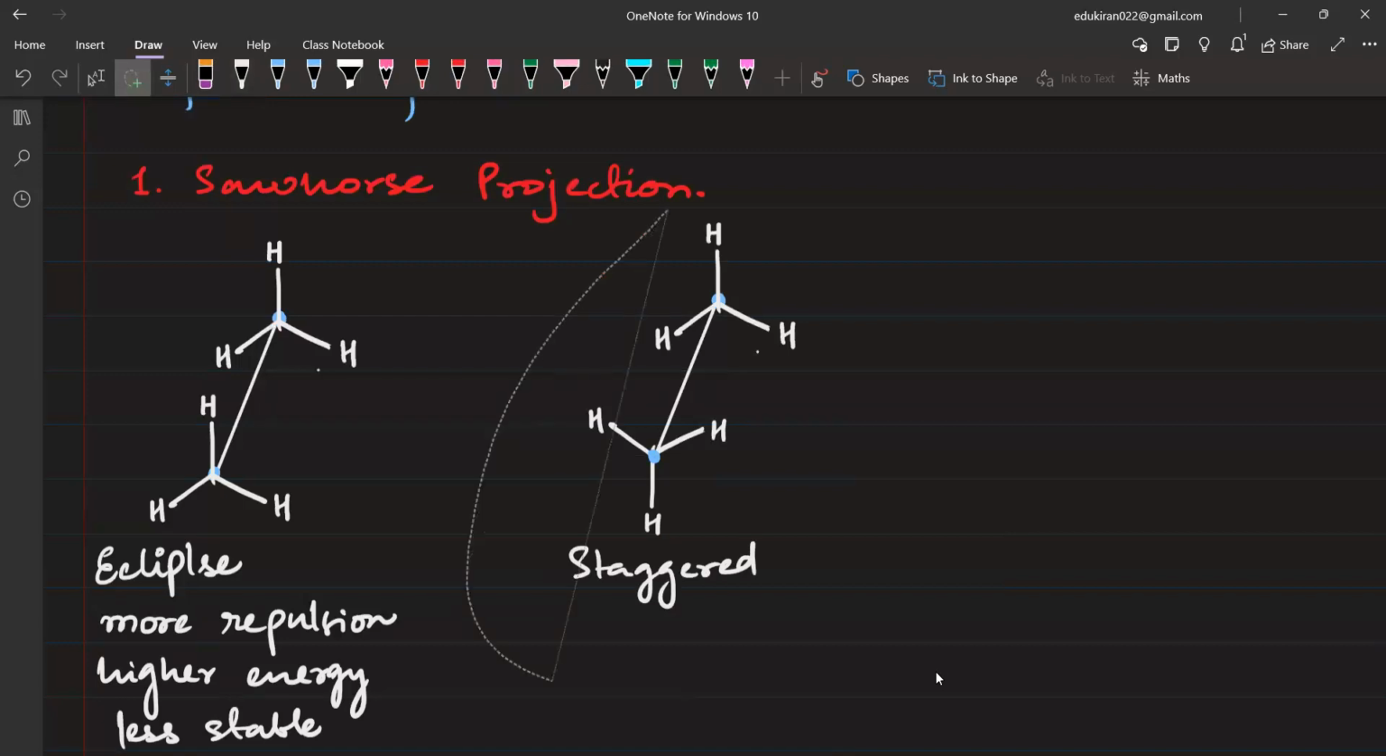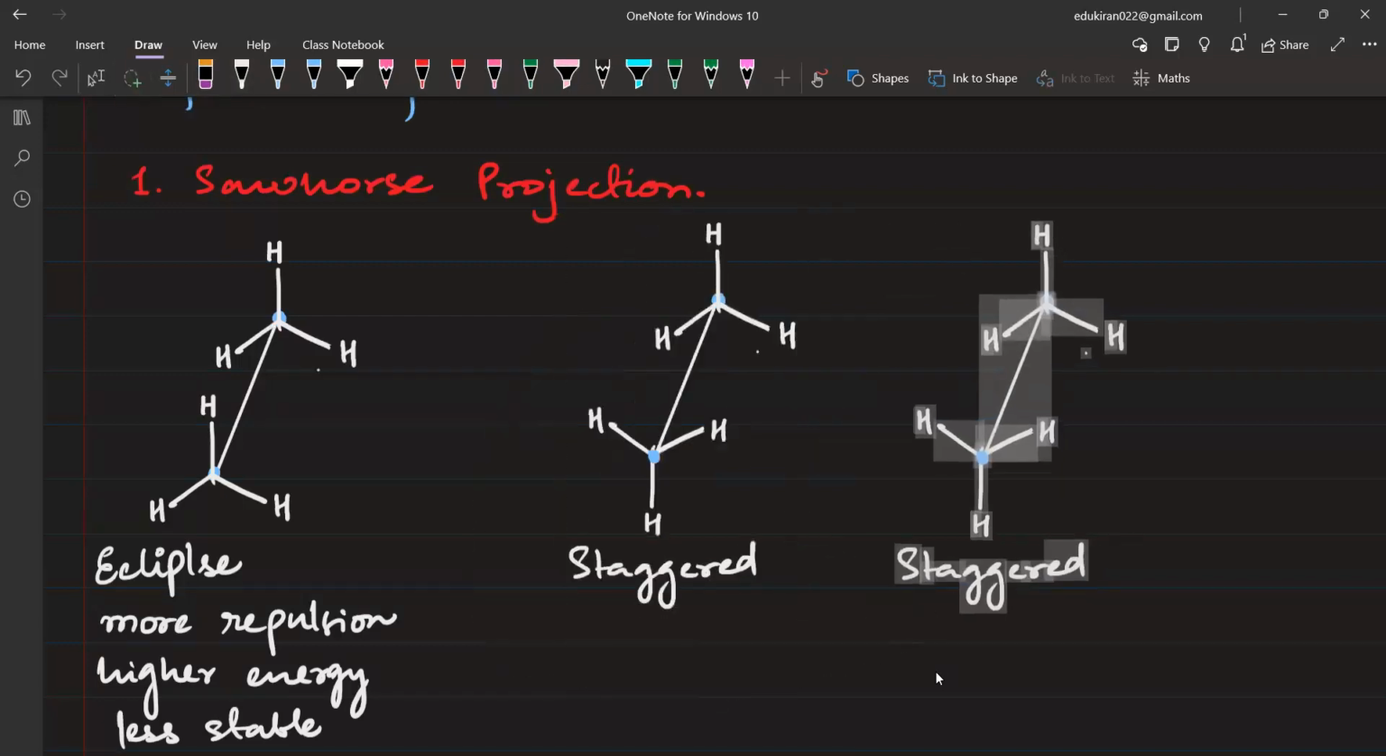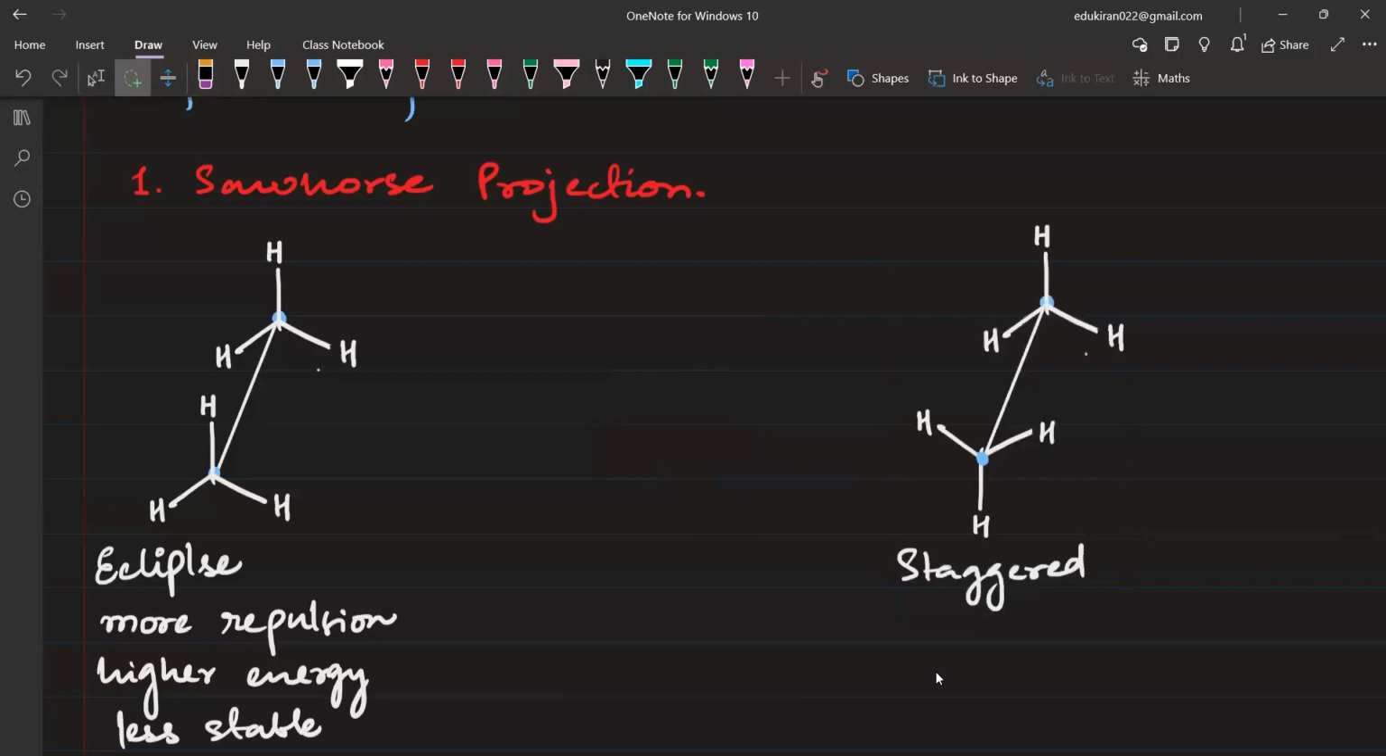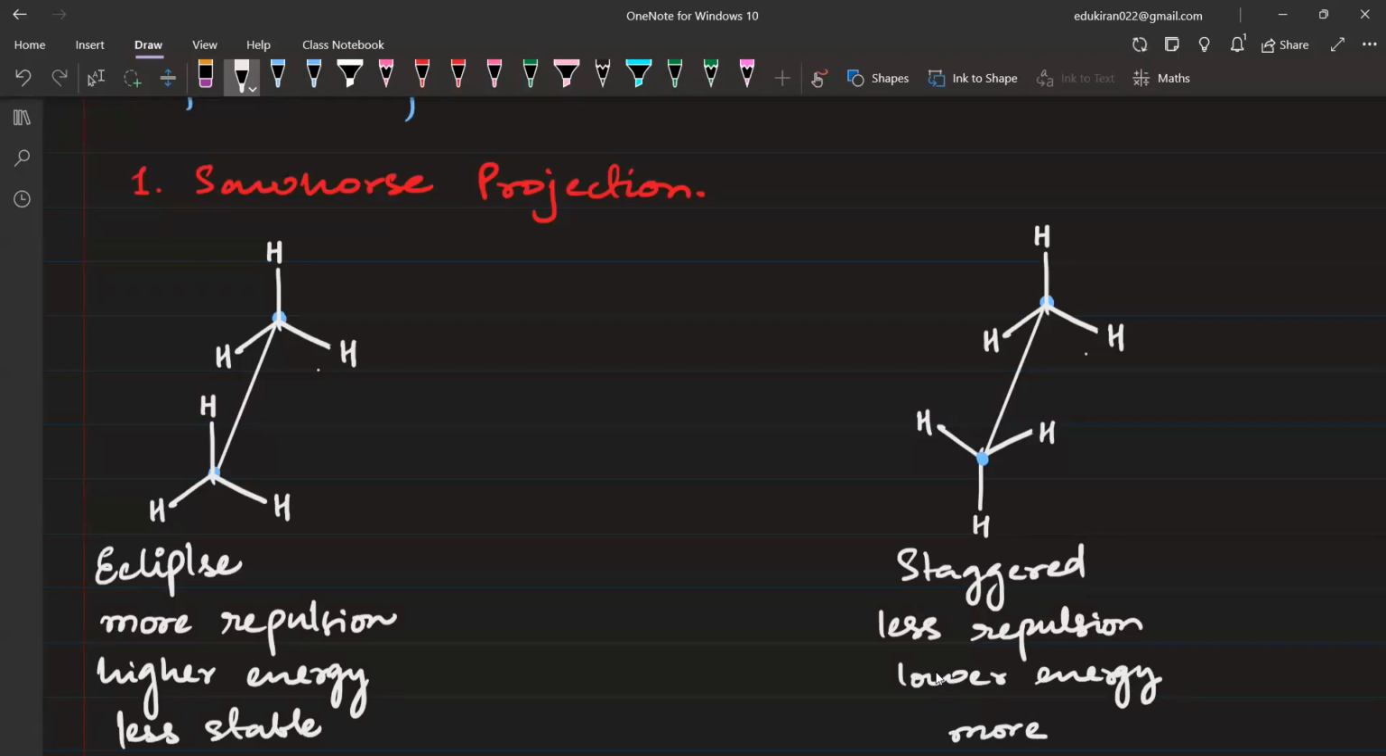अच्छा, in between whatever we are having, इसको एक end में लिख लीजिएगा staggered, and in staggered configuration the hydrogens are far apart. That is why it will be having less repulsion, lower in energy, and will be more stable. Now, in between these two, whatever configuration we have,